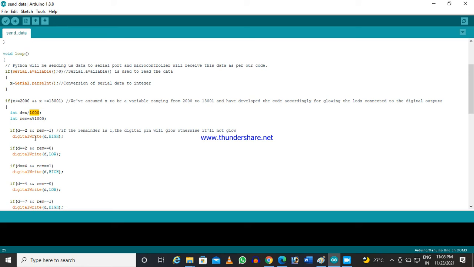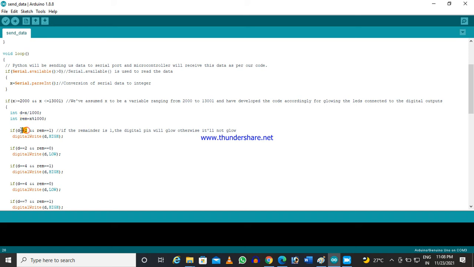And this percentage 1000 means it will divide whatever data is received through the serial port by the microcontroller by 1000, and the remainder will be stored in the variable REM.